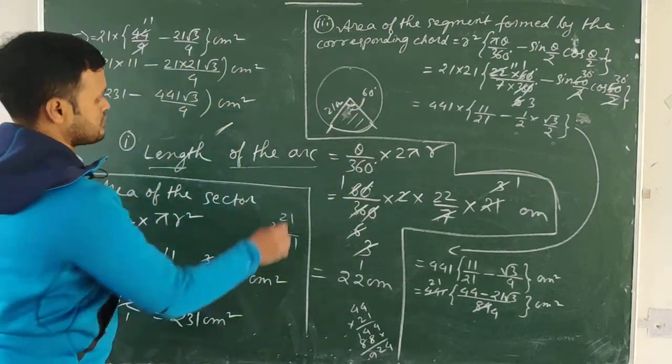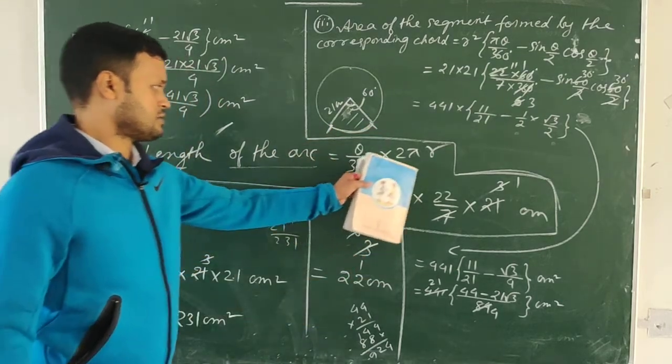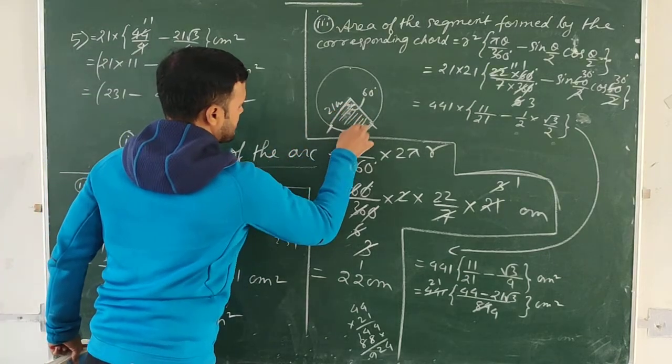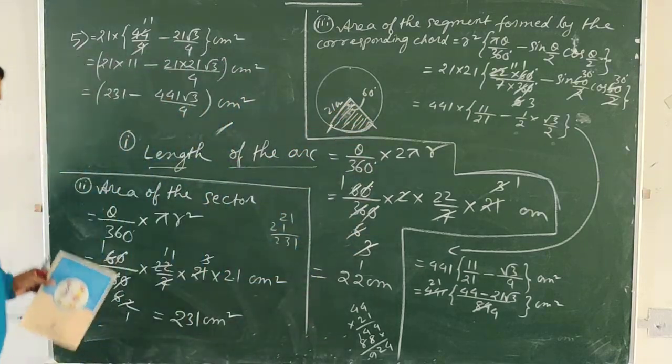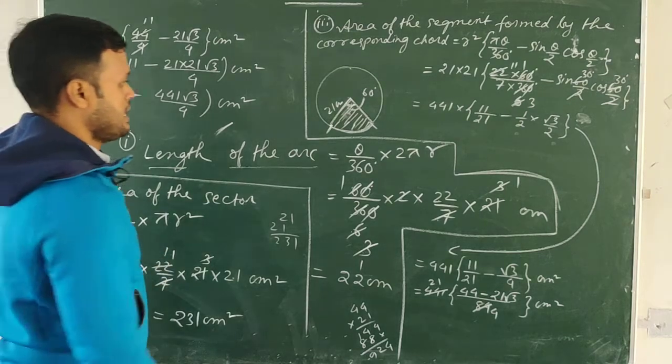So you need to first find out the length of the arc. Length of the arc, how to find out? Theta by 360 into 2 pi r we found out. And next you are finding out the area of the sector. This much area. The area of the sector is theta by 360 into pi r square. So that we calculated. And next one is area of the